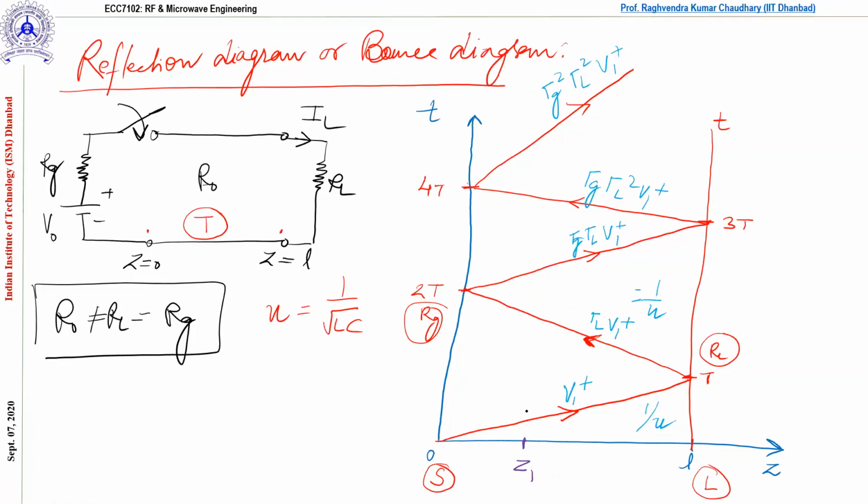We have to mark a vertical line. Fine. And what we will see here, it touches different waves, wavelines. Fine. And one more thing we can do here, that we can make a horizontal line, and let's mark it as T1. Similarly here at this location T2, and at this location T3, fine, and like that T4. Just to have the idea of what time we want to observe things at a particular location.